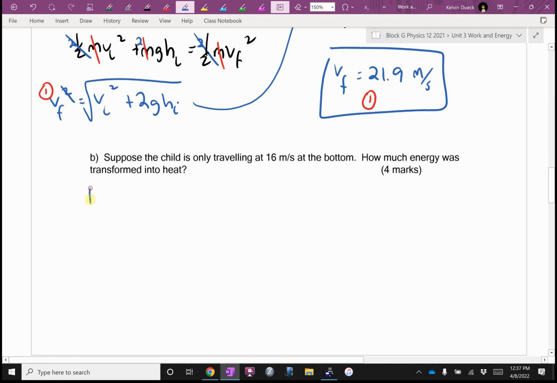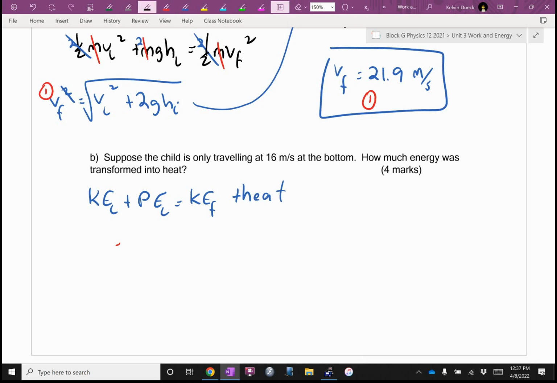Okay, KE initial plus PE initial equals KE final plus heat. I looked at the previous question and I said, you know, PE final is going to cancel out. So I was too lazy to even bother writing it out. How would I get the heat by itself? Divide by KE final? No, subtract. So heat is going to be,